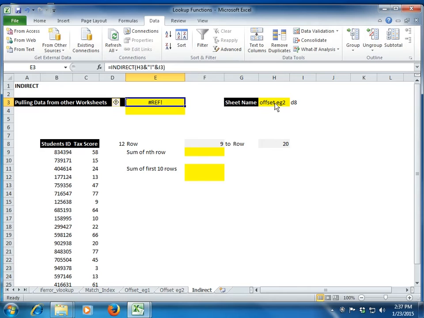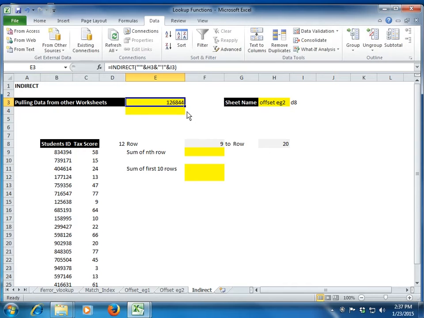So if your sheet name has a space, instead of directly referring to it, what you have to do is give an apostrophe. This is what I'm talking about, an apostrophe, not a double inverted comma but a single inverted comma. So I give an apostrophe and the sheet name, and I have to close this apostrophe. So I close the apostrophe, then the exclamation mark and the cell number. Now the function should work fairly well.